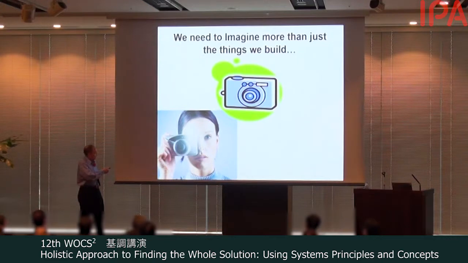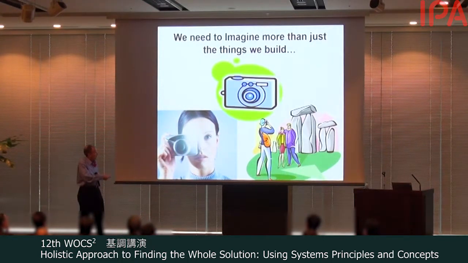And even beyond just the device itself, what about the user? There are people involved in all of our systems. So the interaction between the user and the device could be very important. The human system interface. It's also important to consider the environment within which it will be used. Will it be used out in the open, underwater, out in space? If we don't consider the environmental parameters that affect the operation of the system, we may not get a successful system. So even the things in the environment may be part of these more holistic, bigger systems.